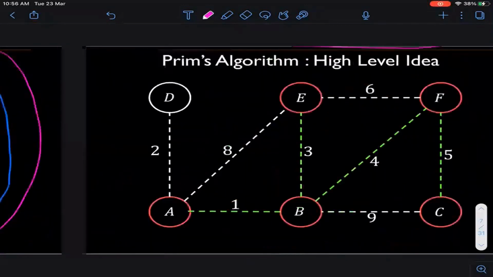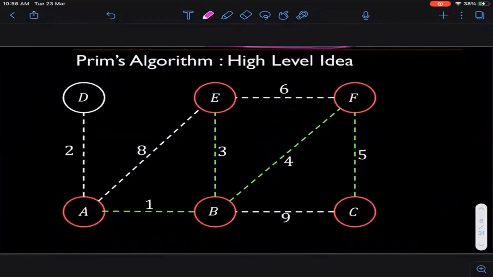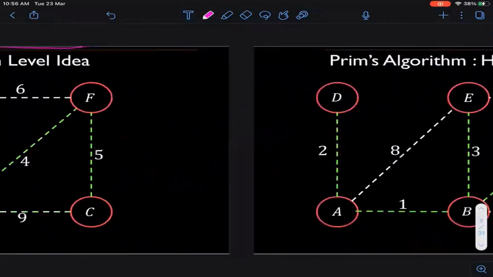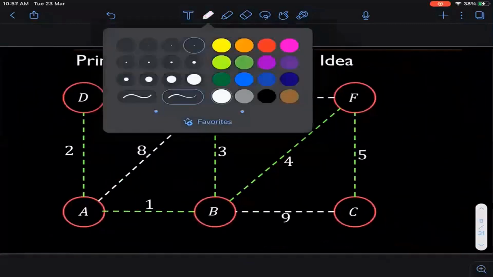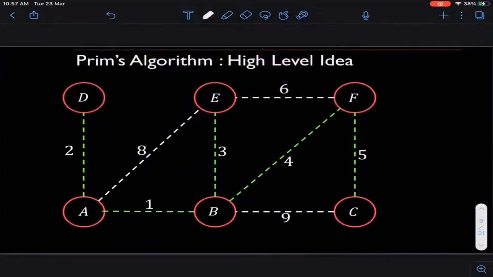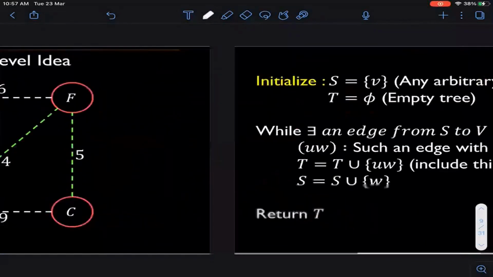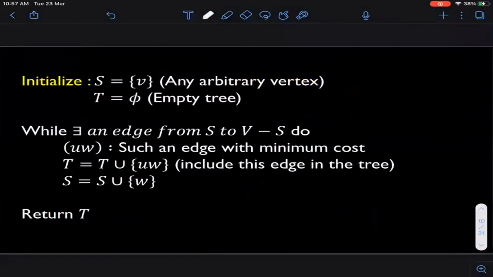All right. So I have drawn the final tree correctly, of course, because there is only one MST in this graph. But please remember that the way these edges were added was wrong. I had mistakenly added 3 first. That should not have been the case. But what we did today is correct. Okay, so let's just quickly go through the pseudocode.